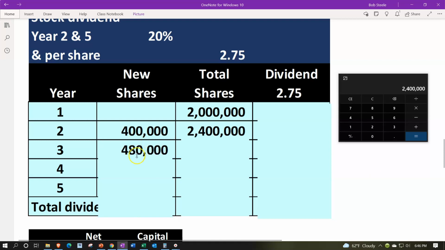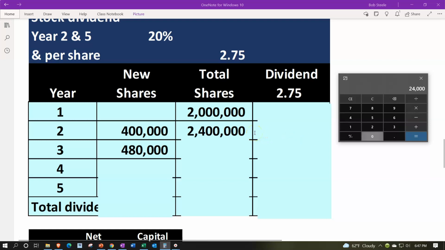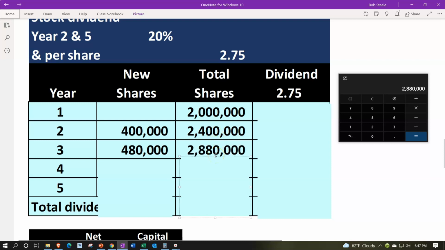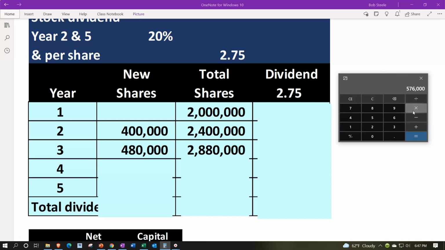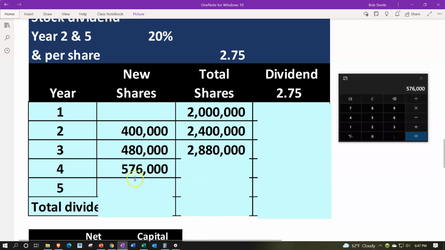And then we have the stock dividend in year 3. So stock dividend, more stocks going out, times the 0.2. We got the 480,000 shares going out, plus what we had before that at the 2,400,000, means now we're at shares of the 2,880,000. And then we have a 20% stock dividend, times 0.2. That's going to then mean we have 576,000, plus what we had before the stock dividend, 2,880,000. That's going to give us then our